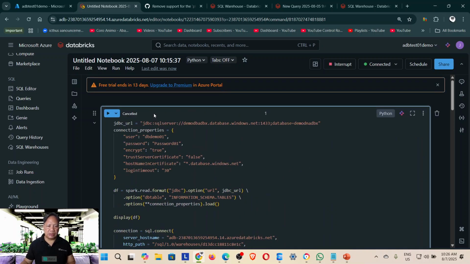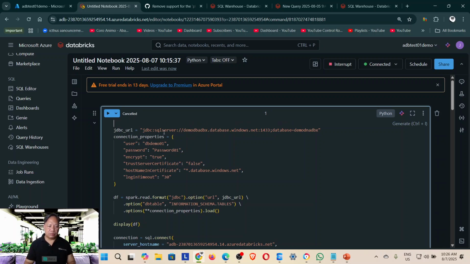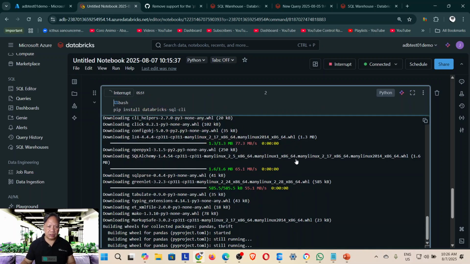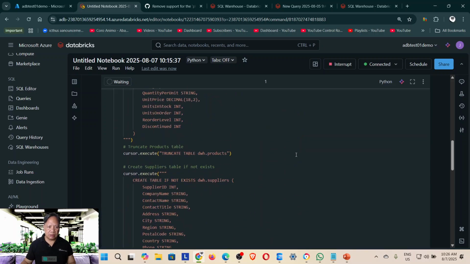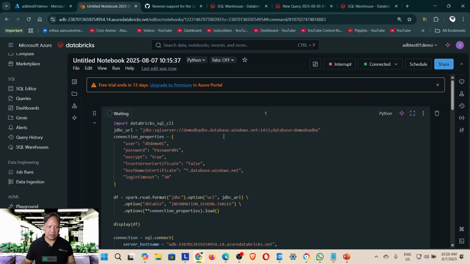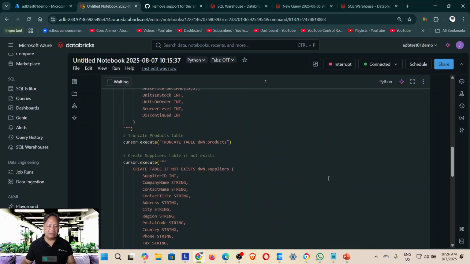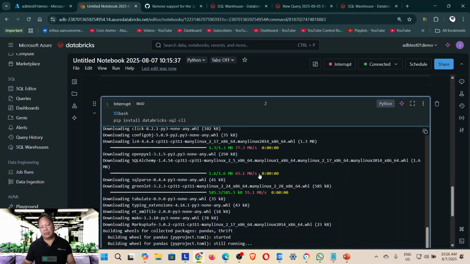So since it's taking time, I'm gonna jump into the cooking show, which I've already done in my other server. So basically, what you need to do is just open a bash screen, or another Python screen, and then upgrade the utility, and then install the Databricks SQL CLI so that you will be able to do this,